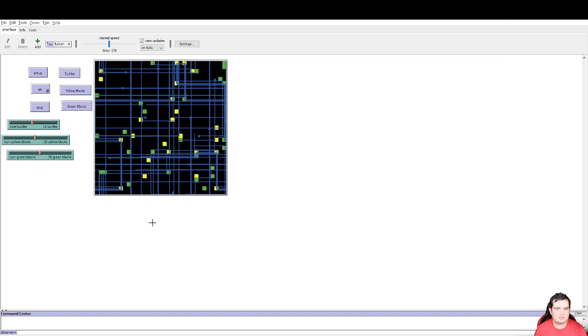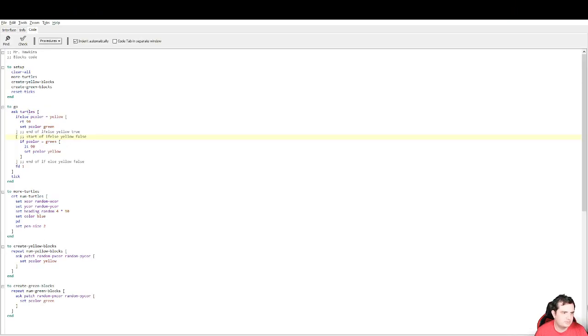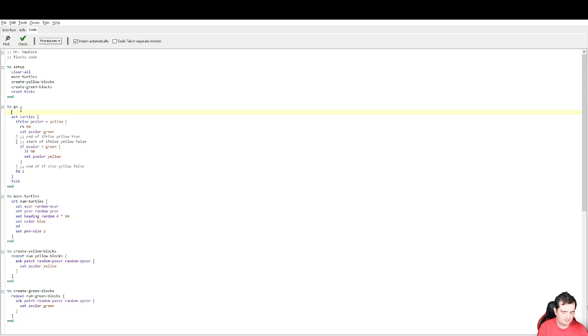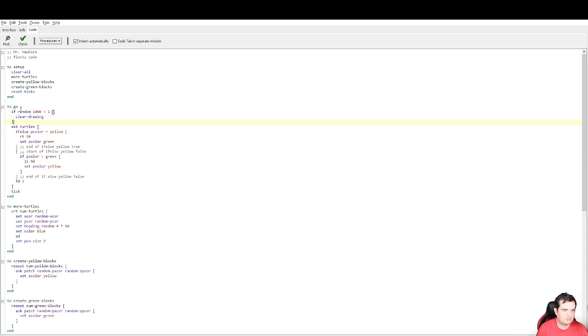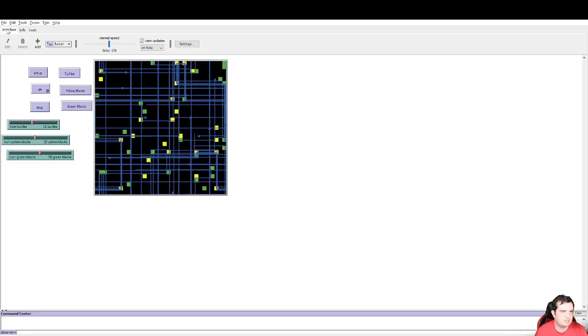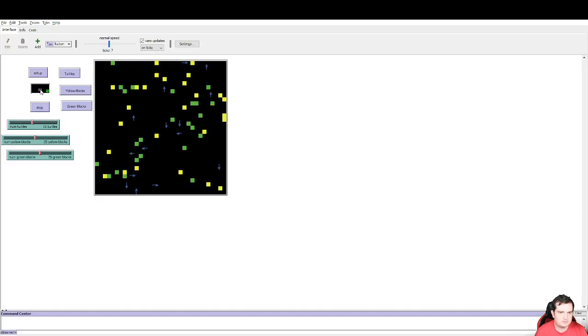So let's go back to NetLogo, go to our code. In our go, you can go either before or after. I like to have it a little bit before. So I'm going to write if random 1000, and this is going to make it 0.1%. We're going to do clear drawing. That's going to be the end of it. So now, setup, and if I click go,